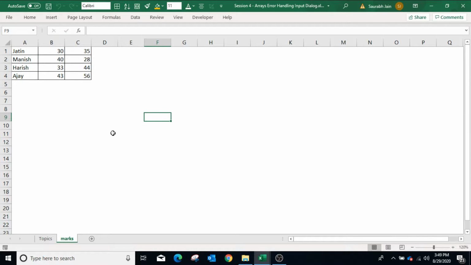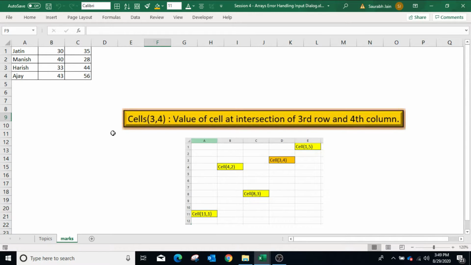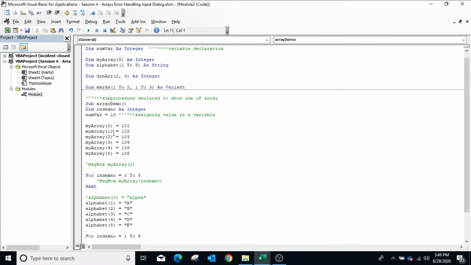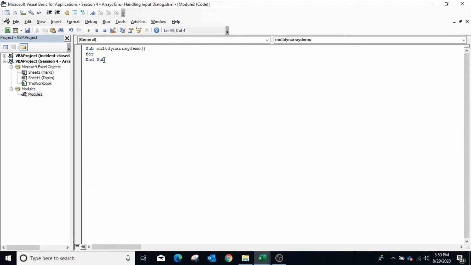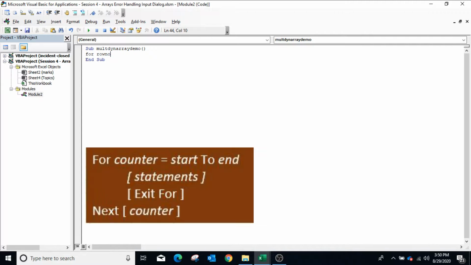Now in this example, we have marks of students in column B and column C in the marks worksheet. To show the student name and marks in the array, we will use the cells method, which is similar to the range method. In the case of a two-dimensional array, a nested loop can be used to assign or retrieve values from the array. So declare another sub function, and for the nested loop type: for row number is equal to 1 to